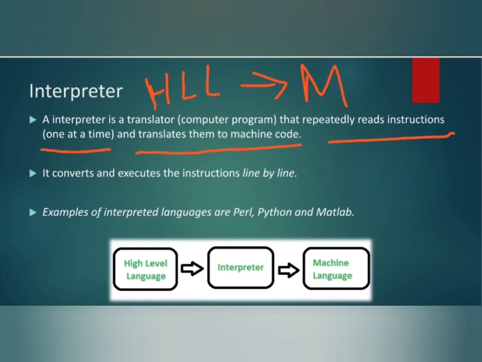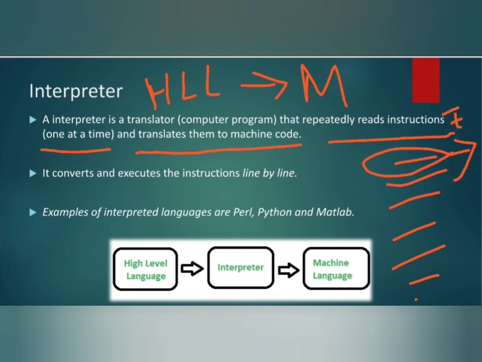That means suppose you have written a program of 10 lines. So what the interpreter does, it doesn't translate the whole program at one time. What it does is it translates the first statement, and it will see if any error is there or not. Fine. So if there is any error, it will send us a message that some error is there, we need to correct it, and again we need to interpret it.